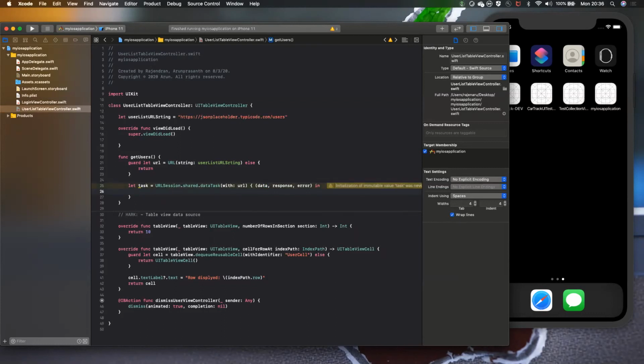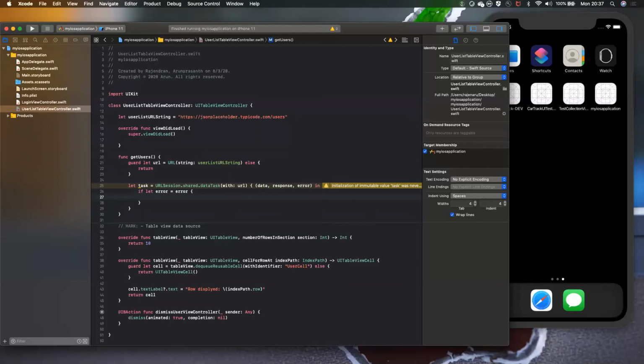So what we do is, in the first place, we'll check whether there is any error or not. I'll just type if let error equal to, using the error object here. If the value is there, you just print or alert the user that the API call failed.